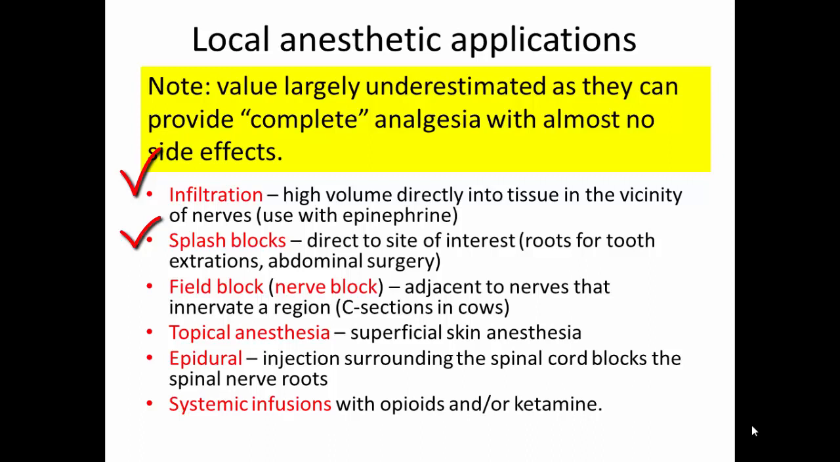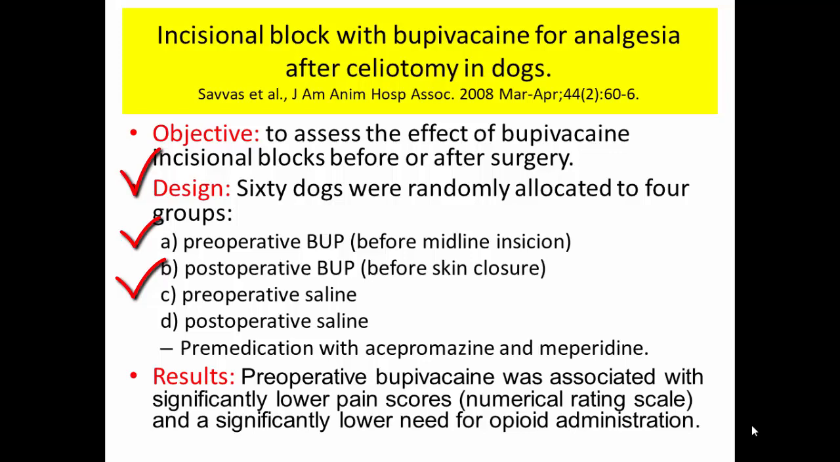The next one, field blocks. These are the typical C-sections in cows, and when these are done correctly, we basically block the nerve tracts that innervate an entire body region distal to the line of the injection sites. With regards to